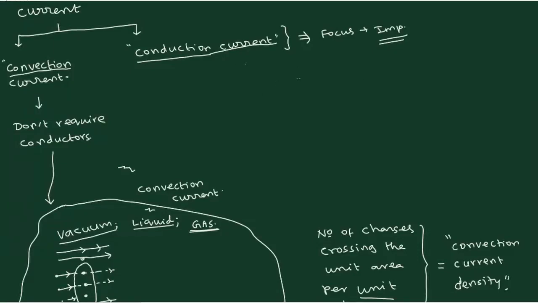So let us now come to the conduction case. Here, as the name implies, you need some kind of an electrical conductor, like copper, silver, gold, aluminum, whatever be the case. You need some kind of solid material like this. Only then can we talk about electrical conduction. If these objects are not there, then there is no question of conduction at all. So that's the first point you need to know.